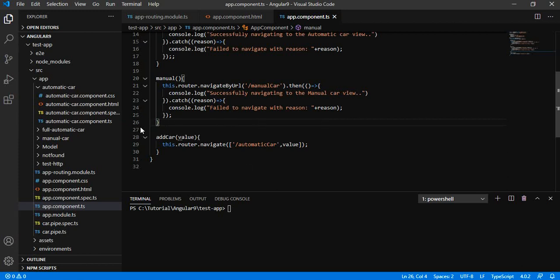And we need to receive this particular data when this particular component view will be open or load.